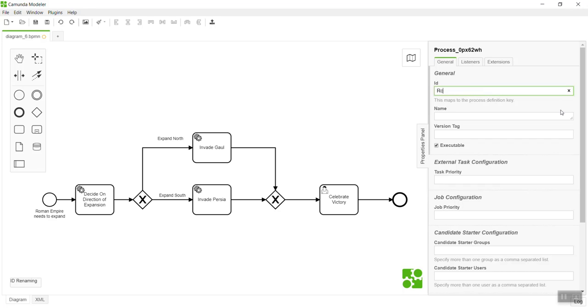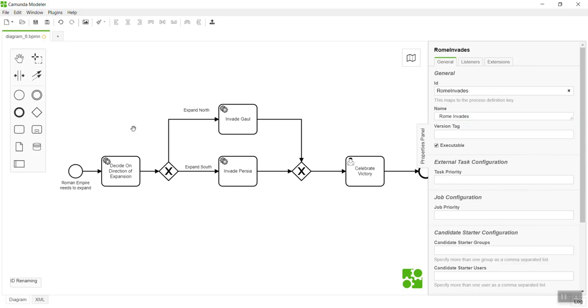So this is going to be Rome invades as the ID of our process, and the name, the human readable name, is going to be the same thing with a space. We also have this little box ticked. Okay, so that will be the name of our process. Next, we need to go down here to our